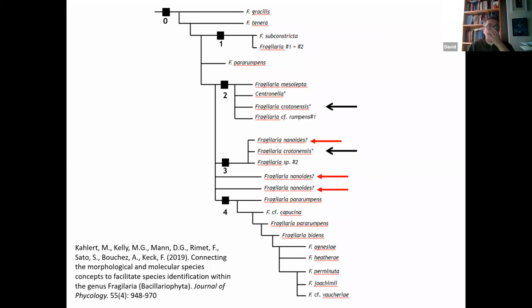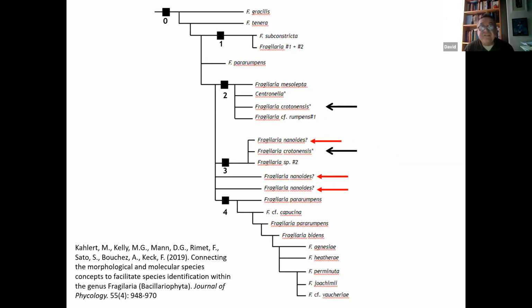These are my last few slides here because I think this is where, for me, it gets really interesting. Again, I'm using this recent study of sequence data in an attempt to identify species of Fragilaria. I've redrawn this diagram. I hope I've got it right. Effectively, what these guys were trying to do is saying, well, supposing we can get some molecular data, we can show you how they're related, and then we can try and find out what defines them.